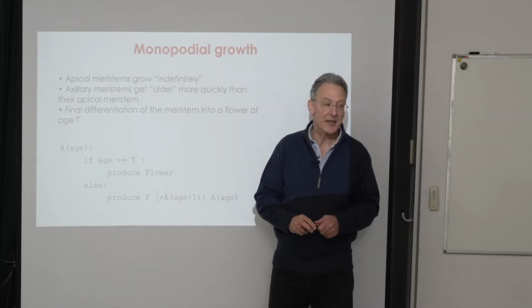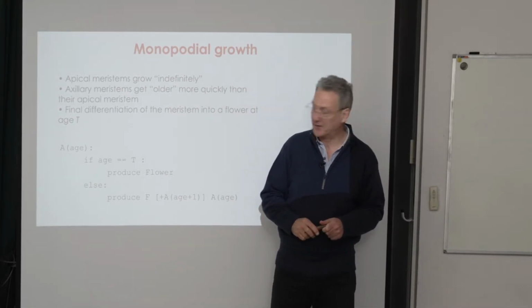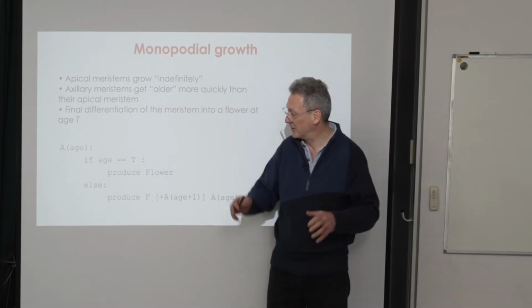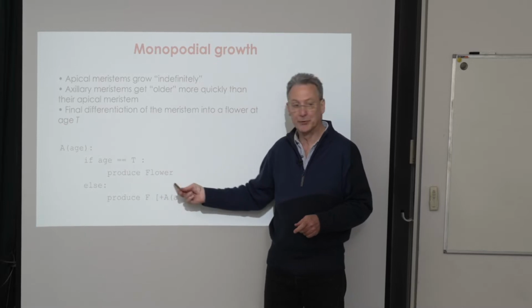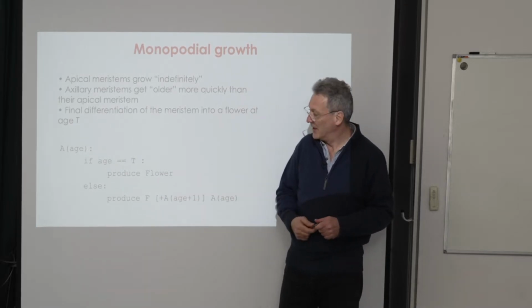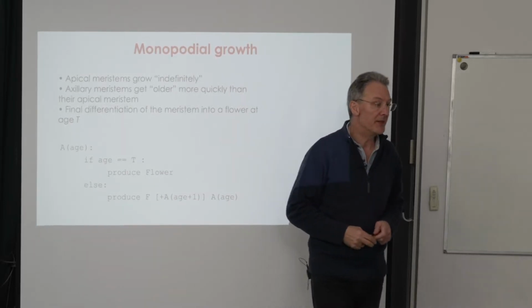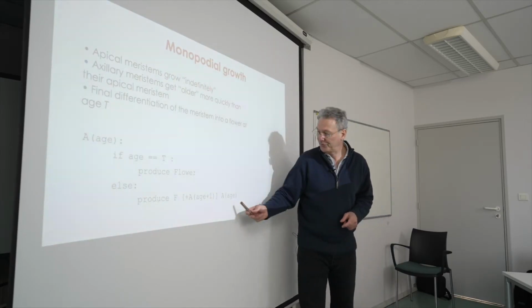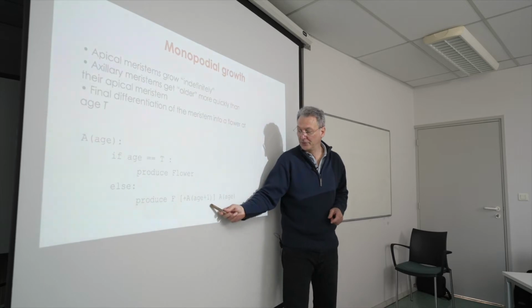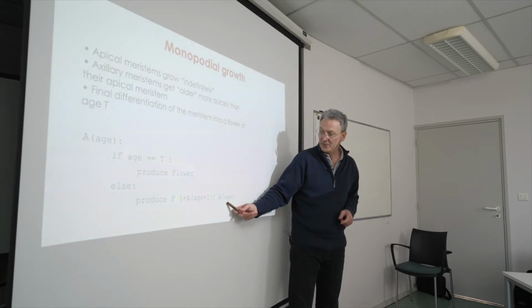If it's an old, mature apex, with a maximal age capital T, then it will produce a flower. Otherwise, if the apex is younger than this, it will produce a lateral production and a new apex,